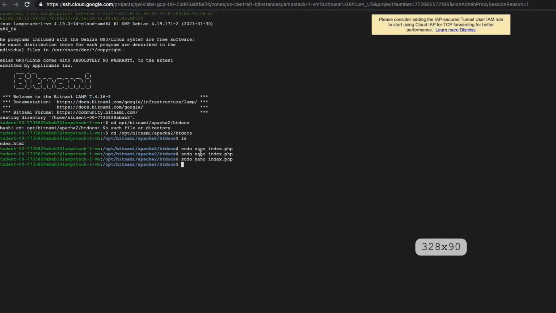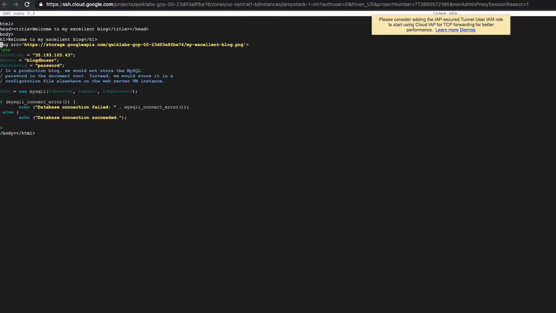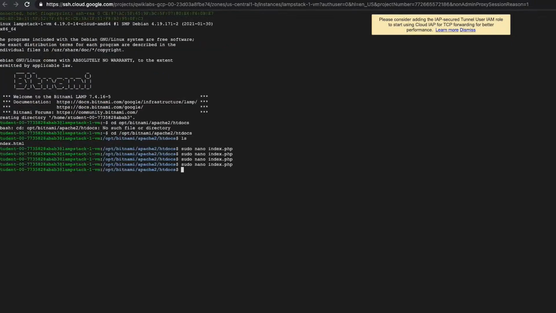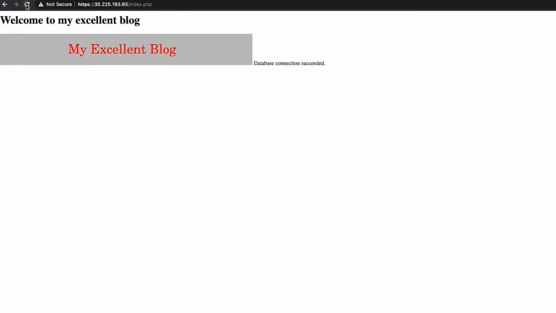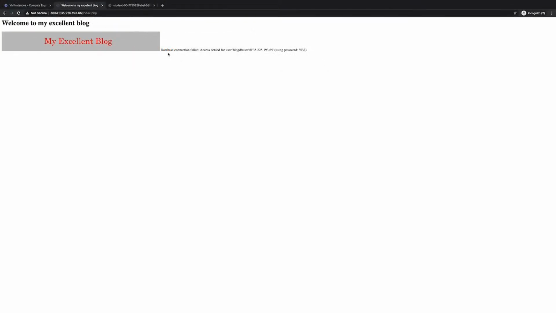And if I were to go back in and edit this one more time, just for illustration, and just change that password just a little bit, just to show that authentication is working. So just to get rid of the A there, and we're going to save that. And Y, I'll go back here. We can see now that we're getting database connection failed and we were access denied. So we had the right username and we had the right address. However, we had the incorrect password, and that's where we're getting our connection failed. And so that's our database